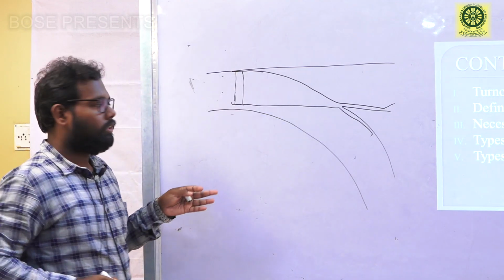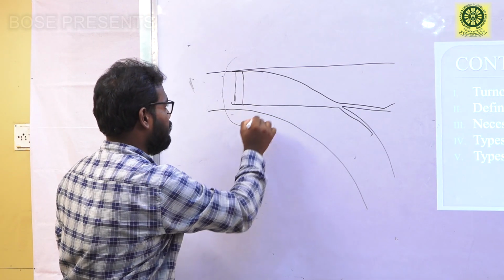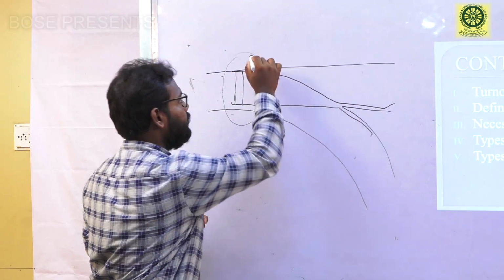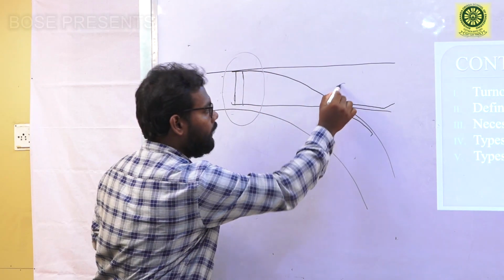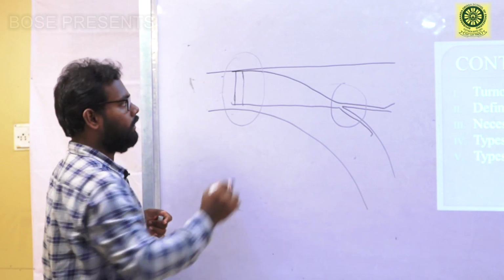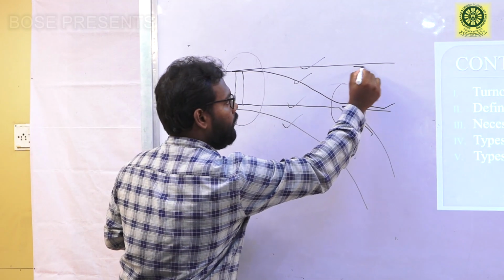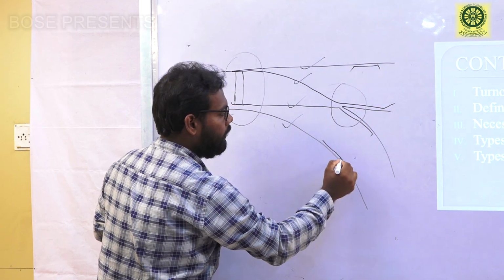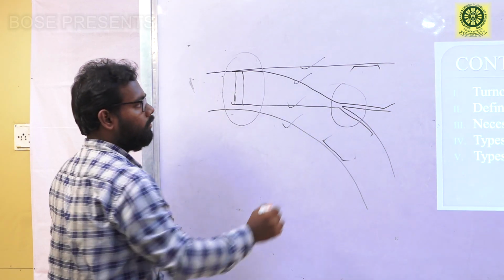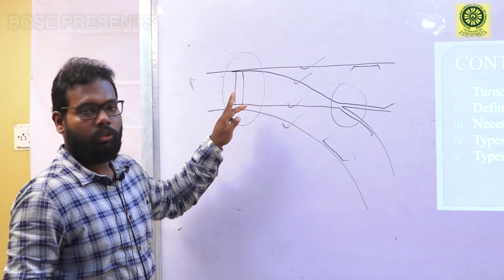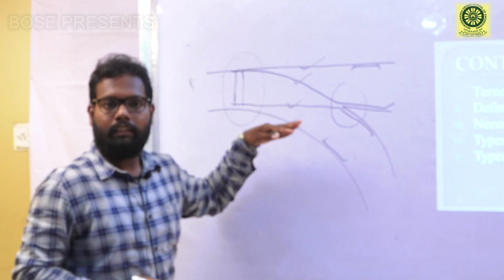Okay, so look at this. This is a crossing assembly. This is a switch assembly or point assembly, and this is a crossing assembly. And these four are the stock rails, and there are also some check rails here. So these all are known as turnout. So it is a right hand turnout.